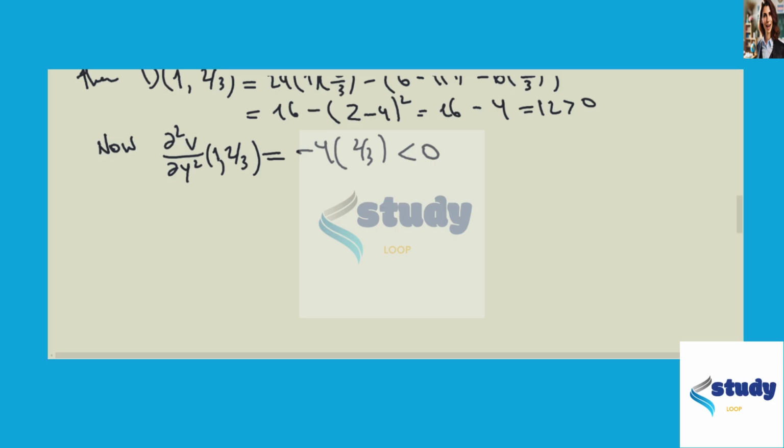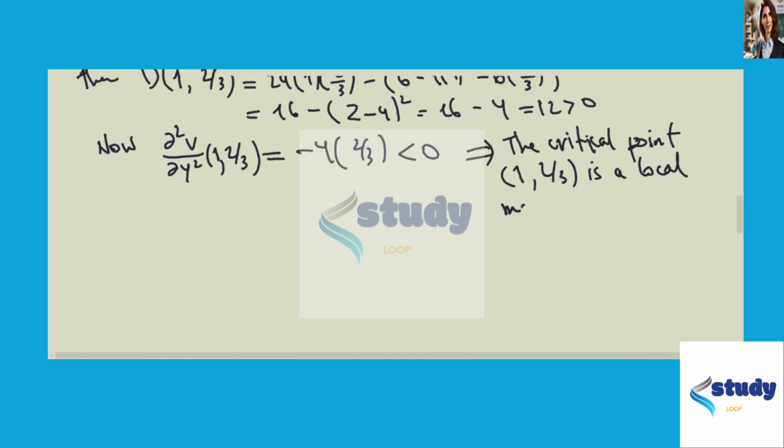And we have a negative number in this coefficient. It means that we have a local maximum. The critical point, and here I'm going to write it correctly, in fact, the critical point (1, 2/3) is a local maximum